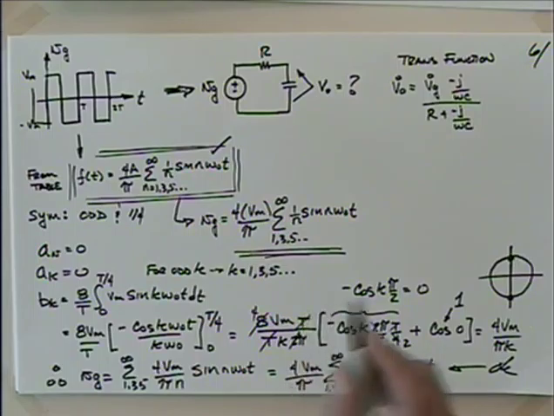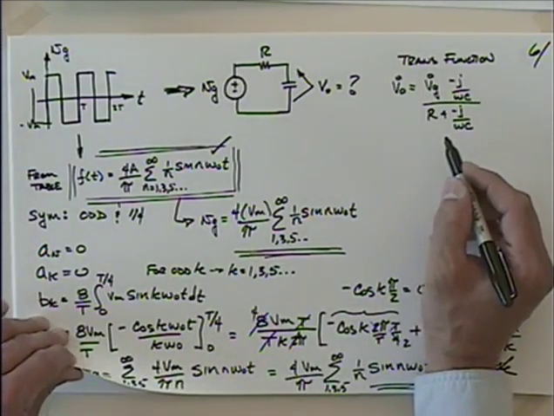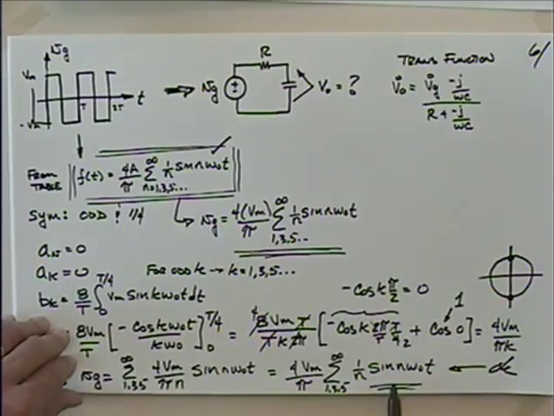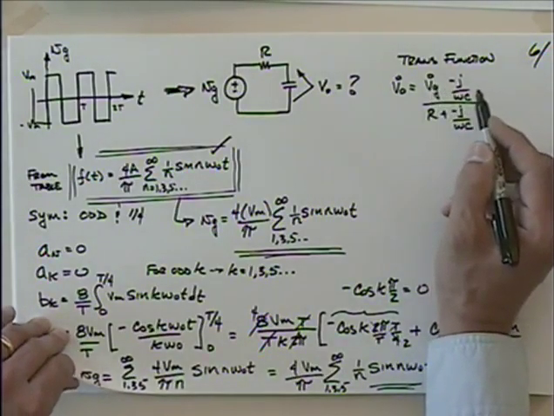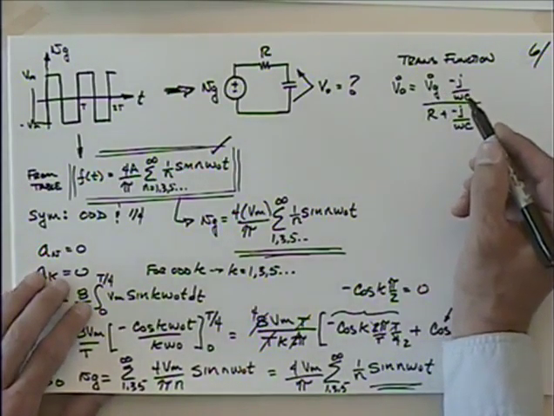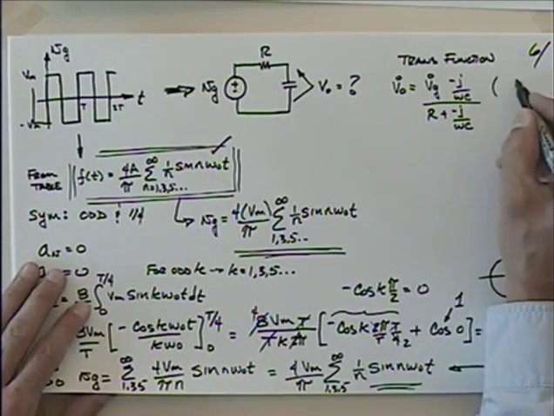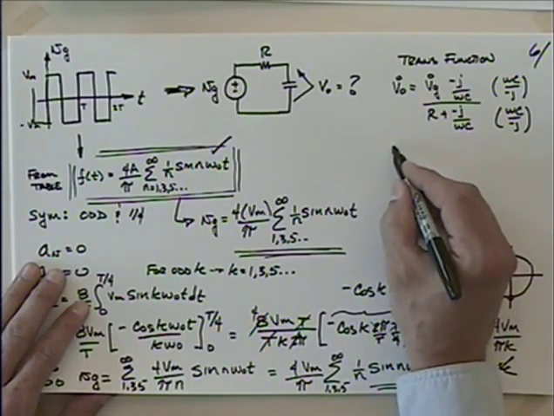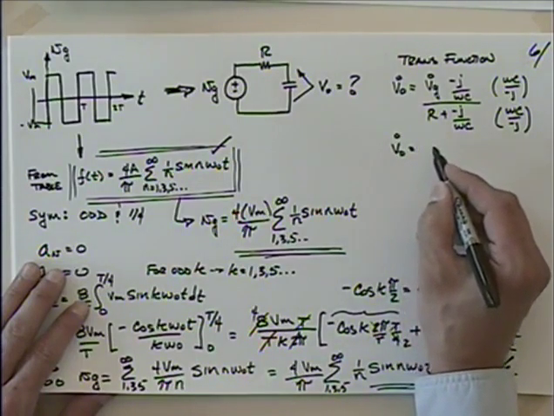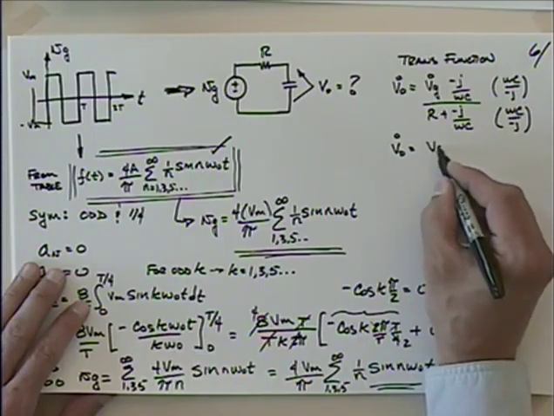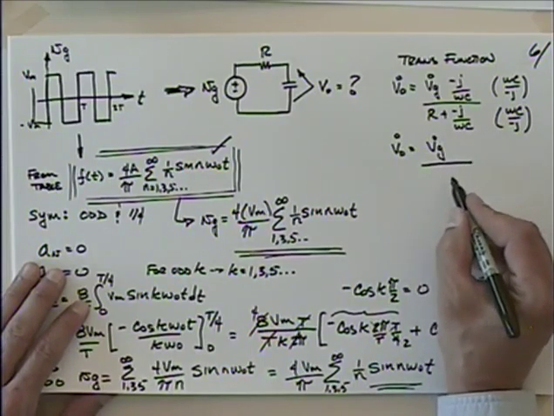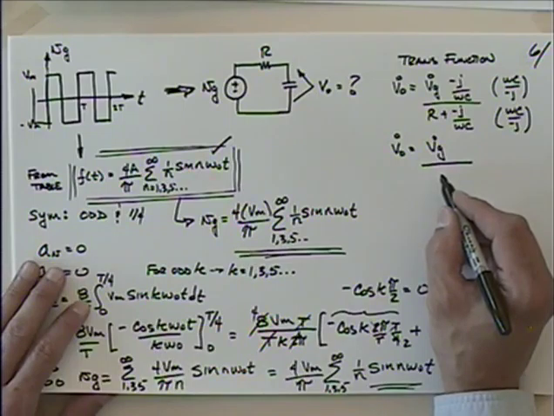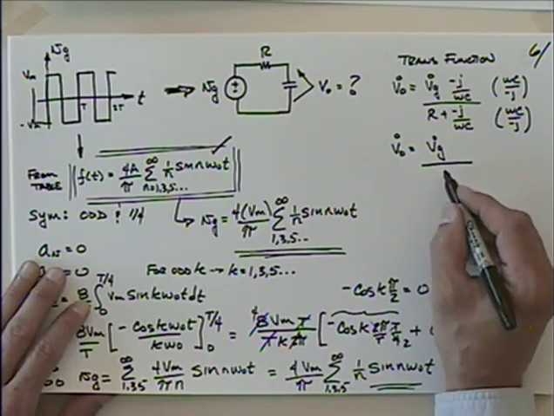So then if I want to kind of clean this up, because this is going to be where I'm putting this term. That's going in V sub G. I think I'll make life a little bit easier for me. Let me multiply this then by omega C divided by minus j, and omega C divided by minus j. When you go through that, you get your output is equal to the input, V sub G, divided by, we have, turns out to be 1